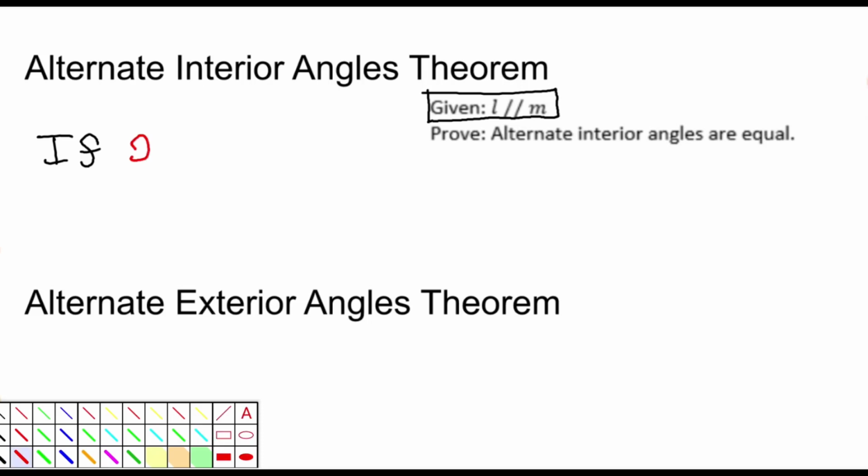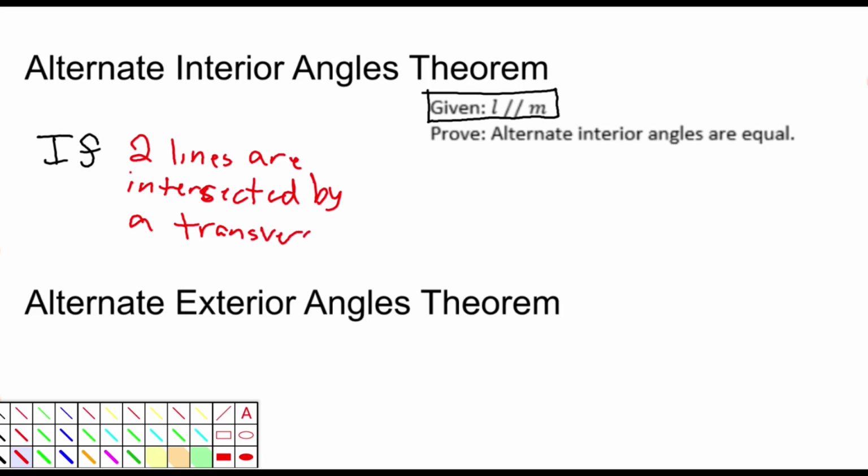So if two lines are intersected by a transversal. So if two lines are intersected by a transversal, basically saying you have two lines that are parallel, and we knew there had to be a transversal in there. So if two lines are intersected by a transversal, then our conclusion was